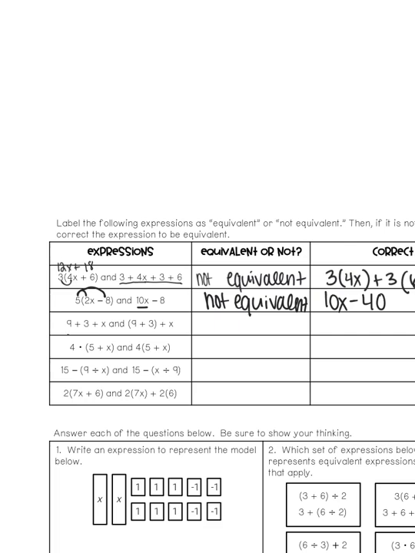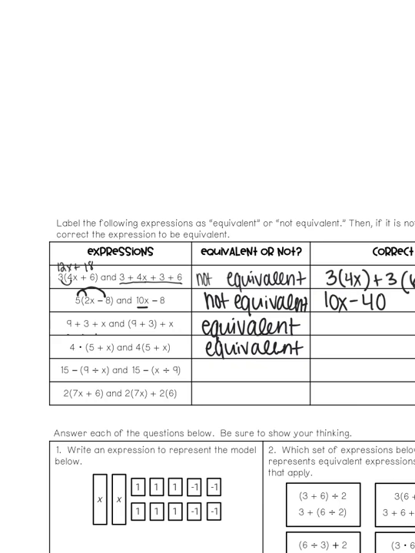All right, so I have 9 plus 3 plus x, and in groups, 9 plus (3 plus x). That is equivalent because we know from the associative property that changing groups does not change the answer. So that one is equivalent. 4 times (5 plus x), and 4(5 plus x). That's equivalent because it's really the exact same thing. They just put the multiplication symbol for the first one, and when you're multiplying in parentheses or multiplying by a variable,